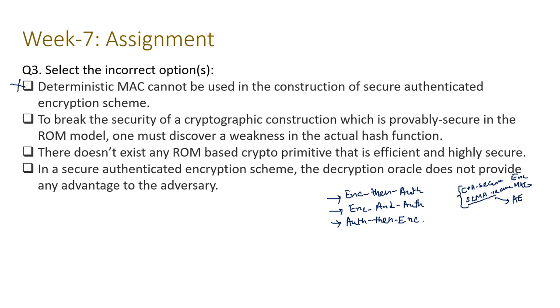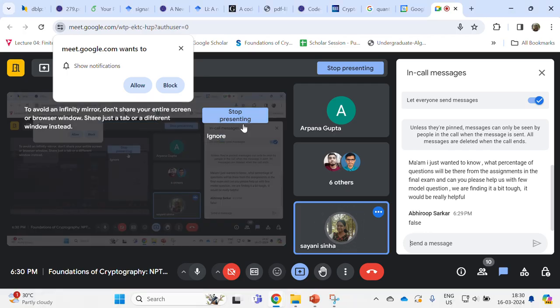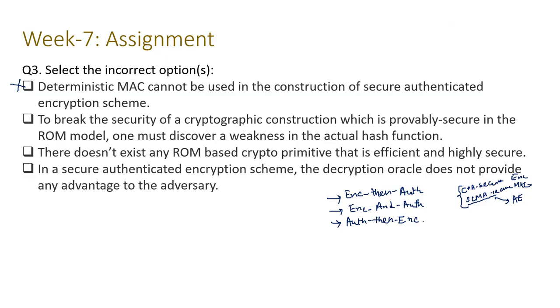To break the security of a cryptographic construction which is provably secure in the random oracle model, one must discover a weakness in the actual hash function. What about this statement? True, false? Quick answer from any one of you. This is false, because in the provably secure ROM model we don't